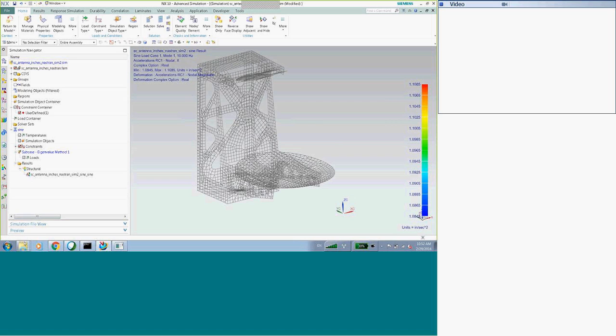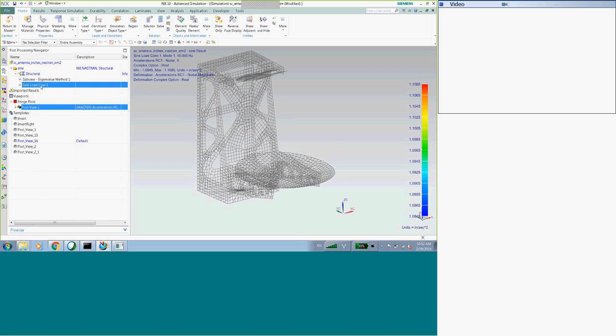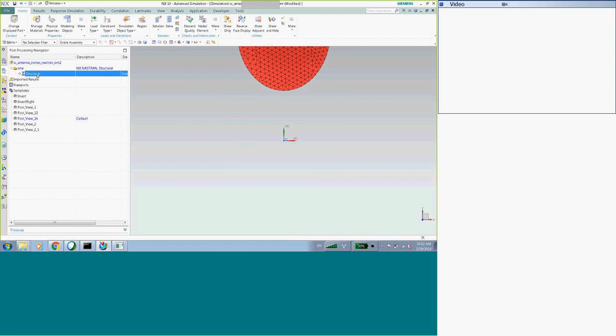So let's remove that. Yeah, I did something wrong. So I'm going to unload this.